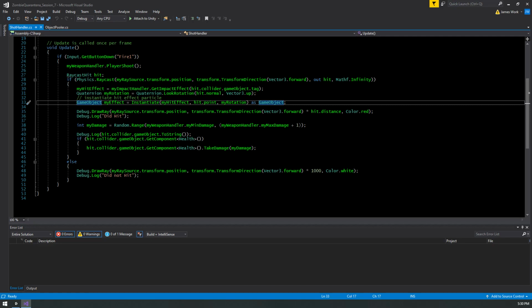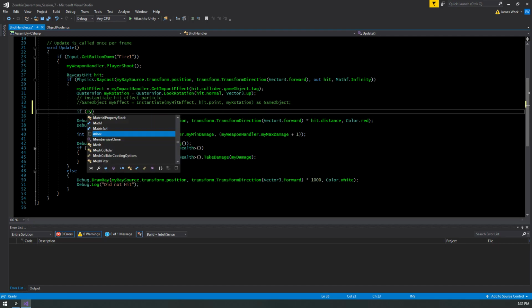We wanted it instead to go get the effect. I'm sorry, I'm looking at my notes to make sure I don't mess this up. Yep. Okay. So we're going to say here, instead of instantiate game object, we're going to say if my effect,